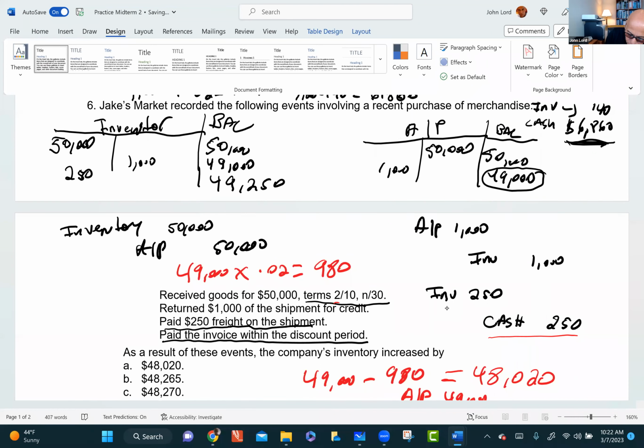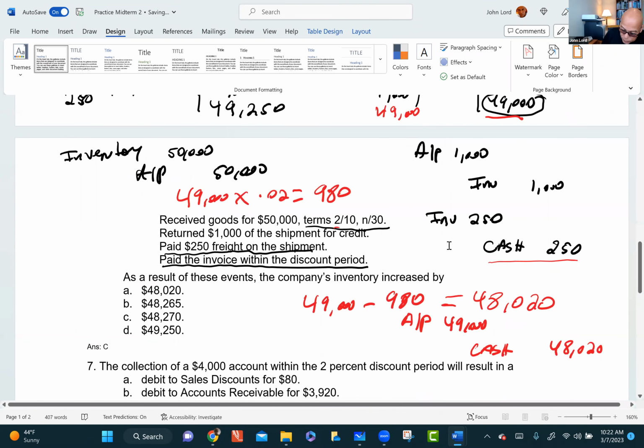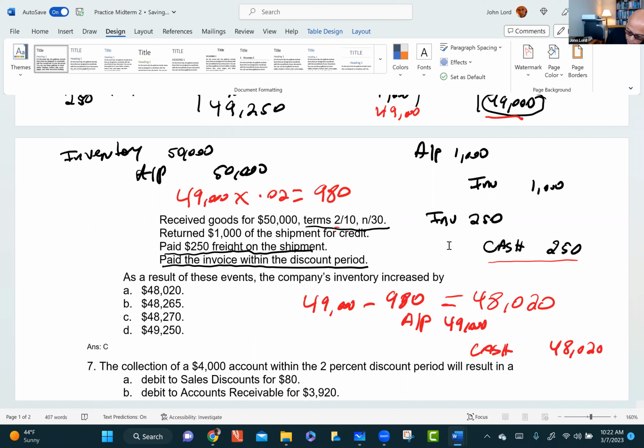So I debit accounts payable for 49,000, which clears that out. Then I look and say, I paid only 48,020 for that inventory, not the full 49,000. I knew I needed 980 to make this journal entry balance. That credit goes to